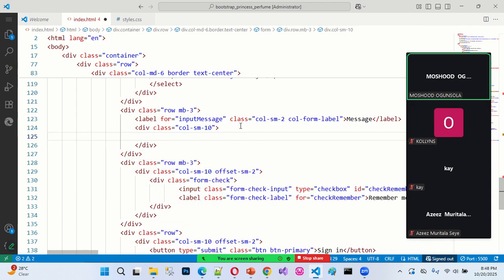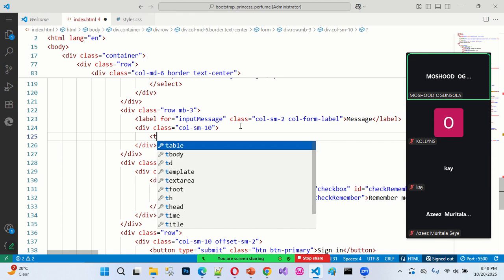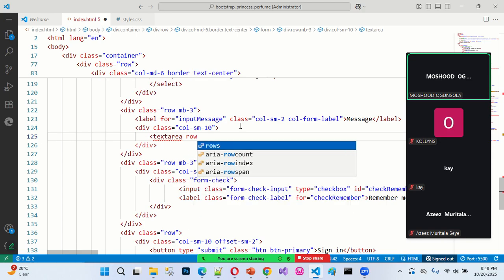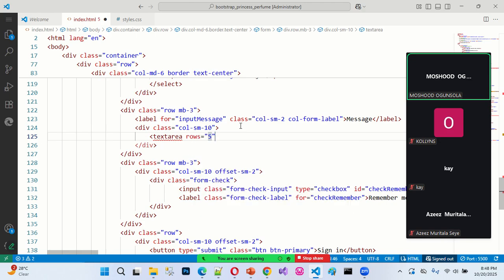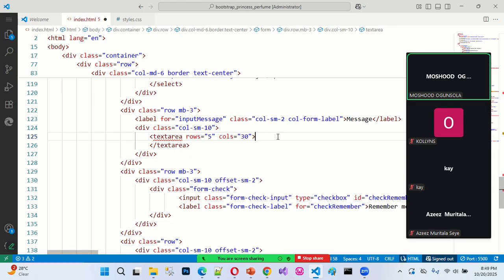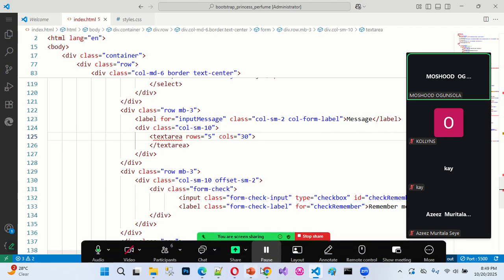And here is not the value for the message. So here now we define what? Textarea here, and specify the rows, 5 rows, and columns, that's 30 columns. And I close this here now. So even though this one does not need to be on the next line, it can be on the same line. So save this, and then